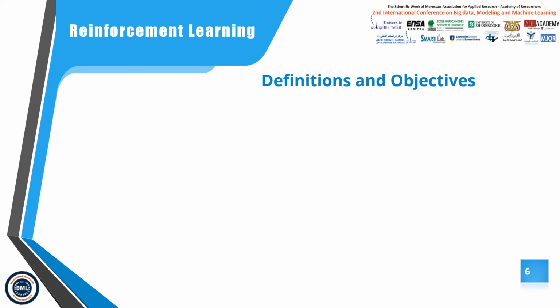It allows machines to automatically determine the ideal behavior in a specific context in order to maximize its performance. For this, a sample feedback of the results is necessary to learn how the machine should act. This is called the reward signal. It mimics the fundamental way humans and animals learn. As humans, we can perform actions and observe their results in our environment.